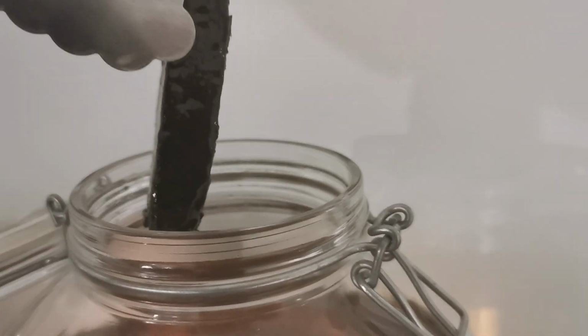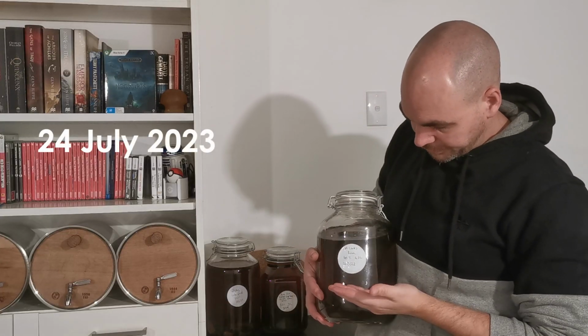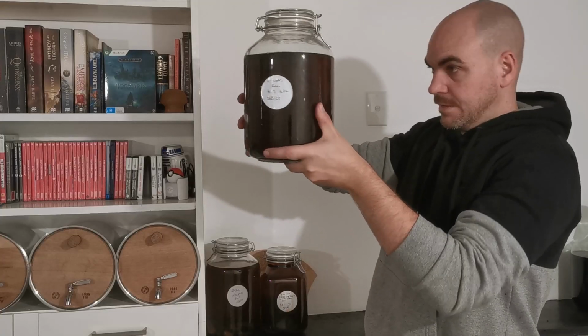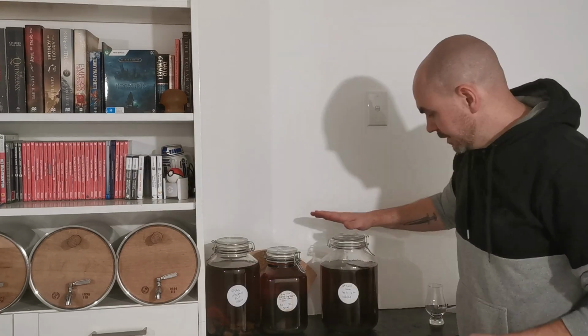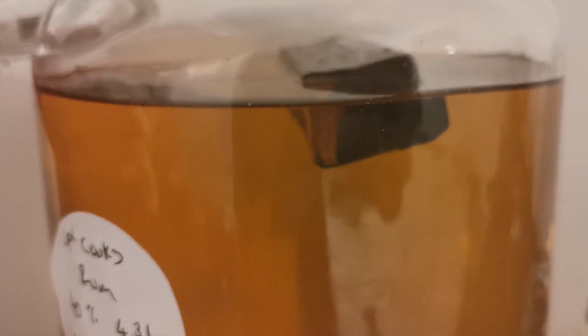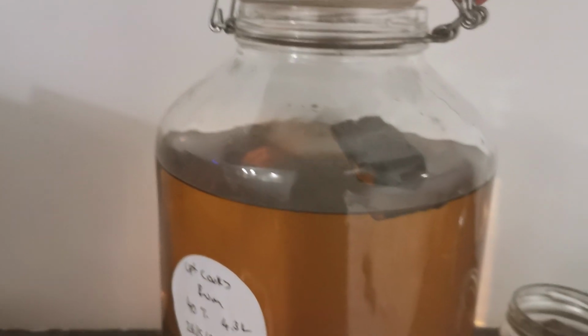This stuff has a nice honeycomb flavour to it, but after a couple of months it can really ruin a drink, so I really only left it in there for about a month or so. It's now been 2 months of this Captain Cook's rum sitting at 40% in this jar, and it's gone so dark. It wasn't always, it took a long time for the colour to really come through in this, and that's because I used a manuka stave that I toasted from ages ago, and